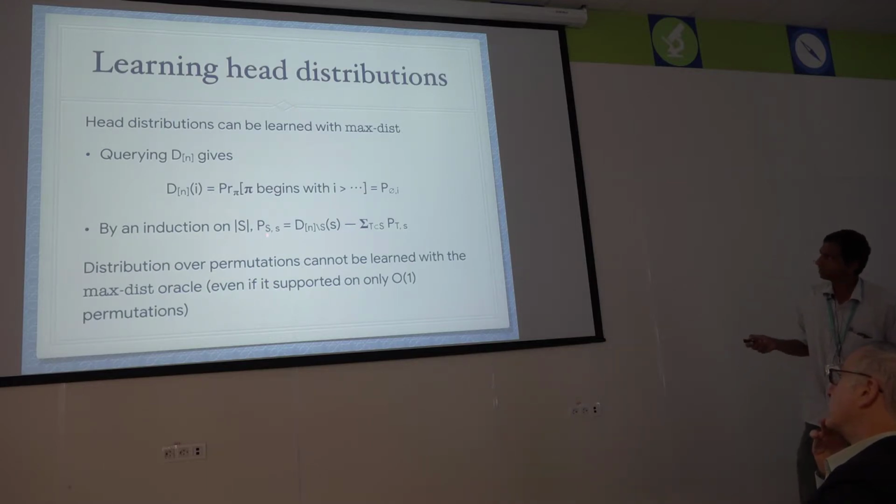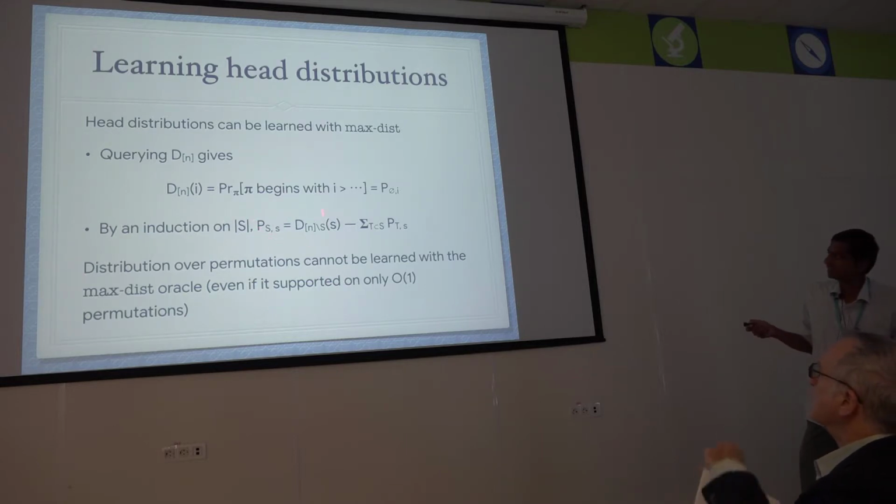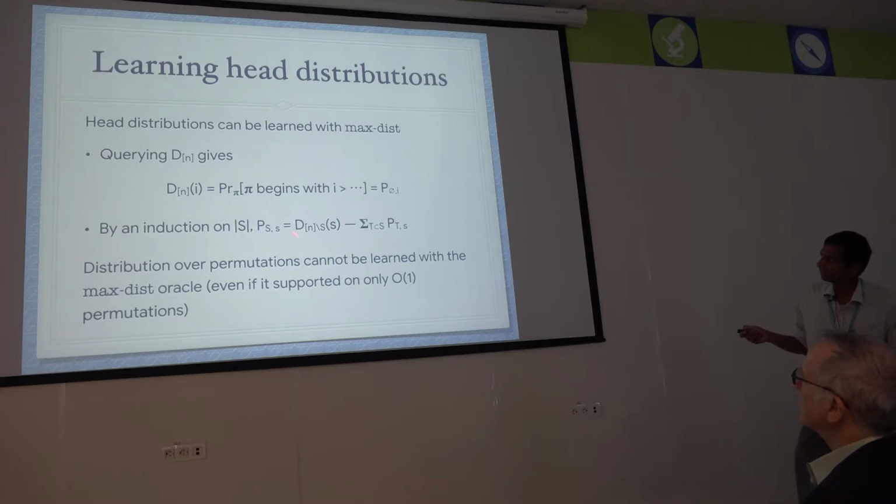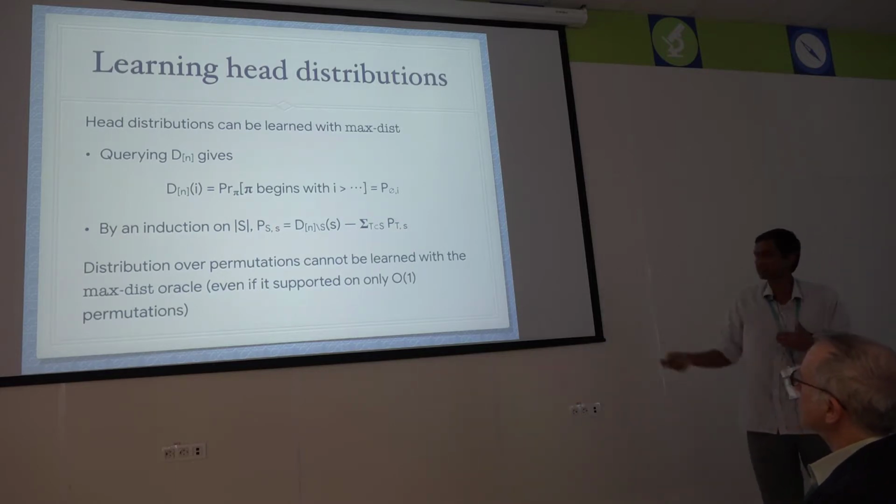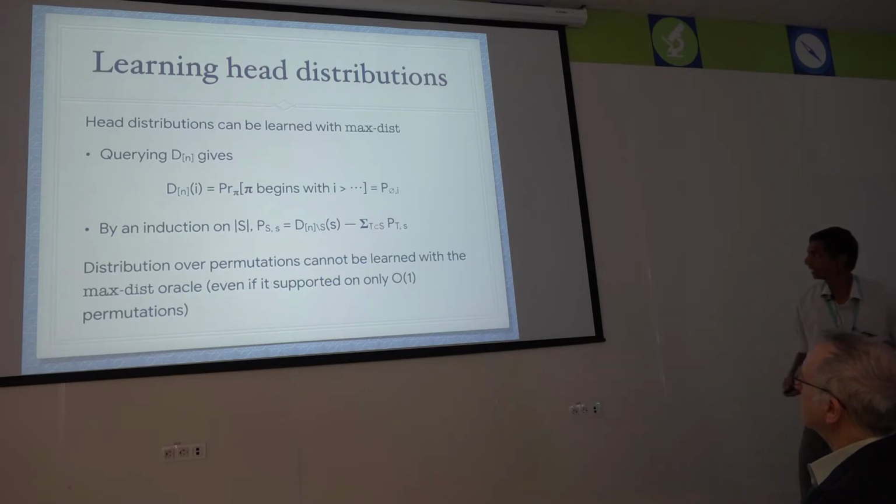And inductively you can show that P of big S comma little s is exactly the winning probability of the slate without this quantity minus the inductive quantity operating on smaller subsets of the head distributions. So by learning the head distributions I can slowly, inductively build this quantity P of S comma s. That's actually great news because you can do this very well. But what about the efficiency?